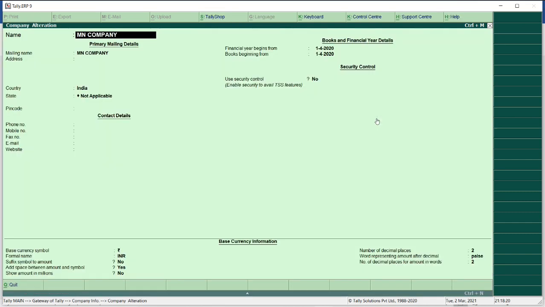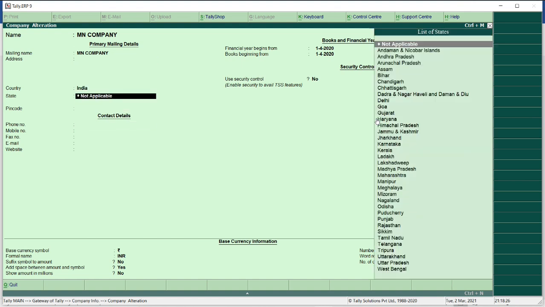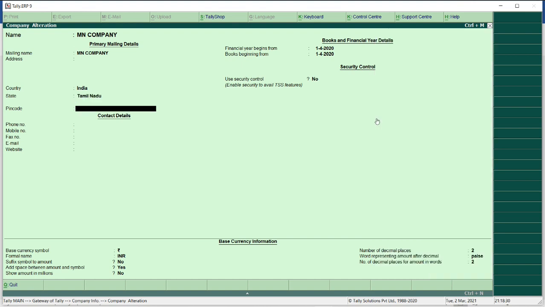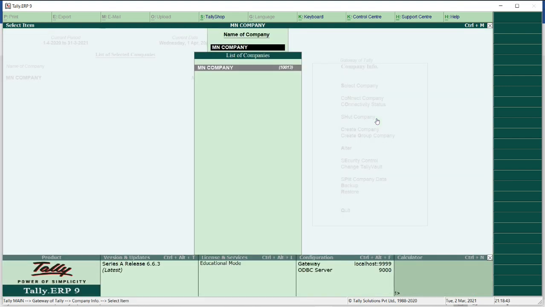So select MN company and now I'm selecting the state, Tamil Nadu. Then now I'm giving pin code. In this way you can update the details of your company.